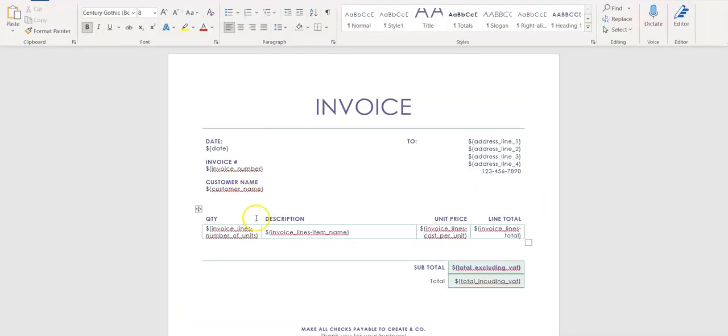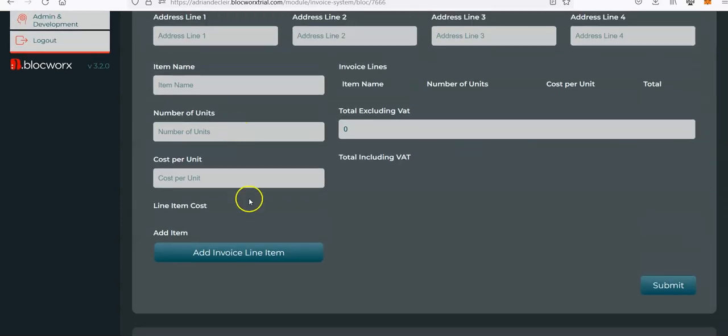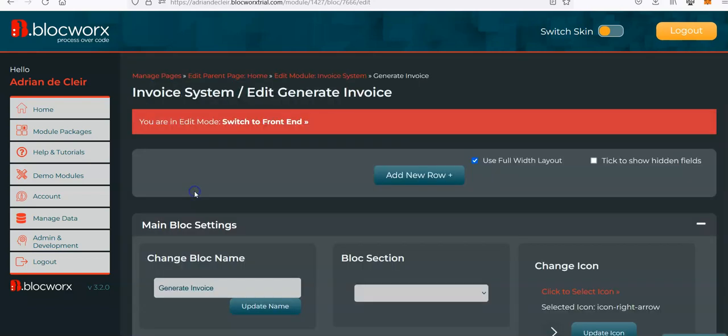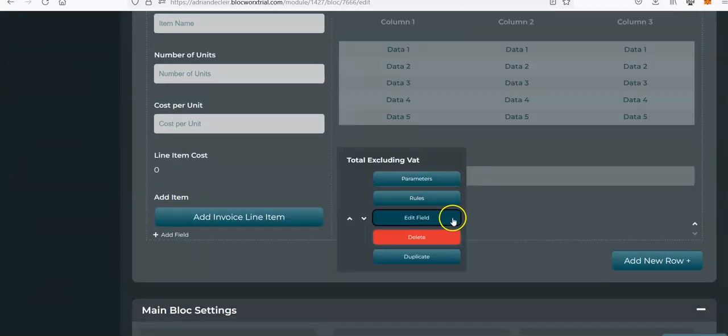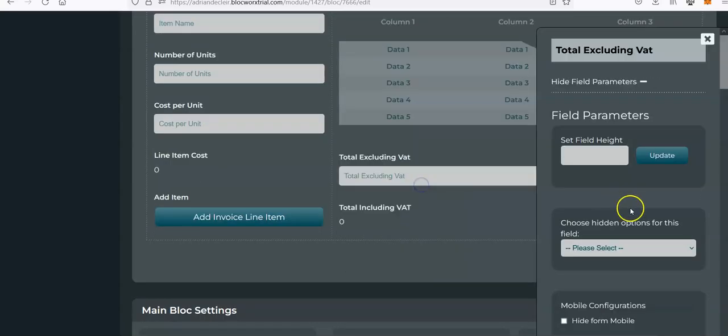in the invoice. So for example, the price and total really should have, if you're doing it in euro, a euro symbol in front of it. So it's in Word that you would decide when and where to do these things. Don't forget as well that we can use our numeric field parameter. So for example, let's say total excluding VAT. I'll just go to parameters for this field and I'll go